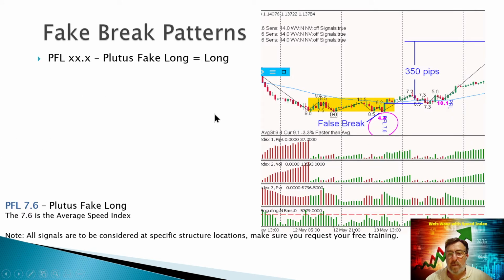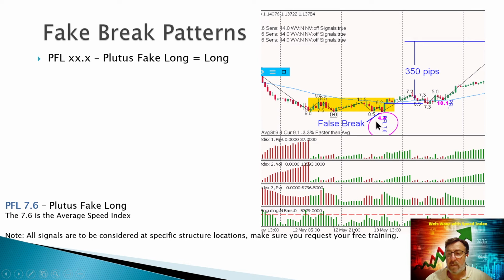Okay, as you can see on the right, we are ranging in this yellow area, and we have a fake break out of this range, which is this support zone at the bottom with this pin bar, and the signal comes out and it says PFL Plutus fake long with a 7.6. 7.6 used to be the average speed index, and now the current one is 4.4.